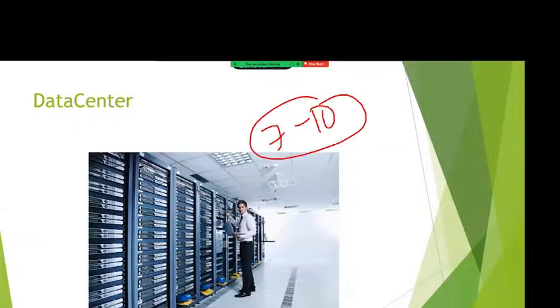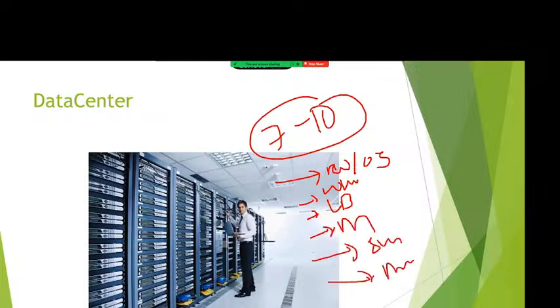Apart from that, we have to manage the Windows team, I mean the operating system team, next the networking team, next the load balancer team, next the monitoring team, next the security team, next the application deployment and management team. So many teams are required to manage or to provide support to the customer. To maintain these many teams and our own data center, the project budget is very, very high. The organizations are not able to bear such an amount.